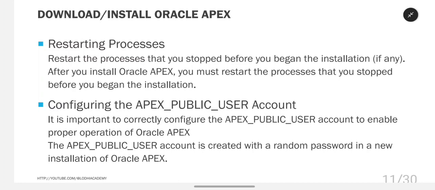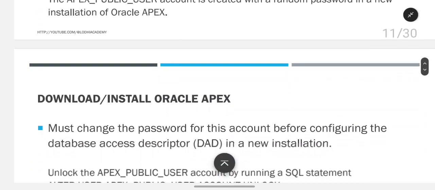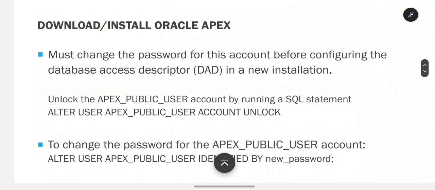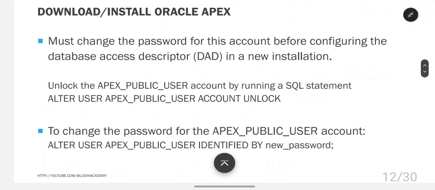them again. Configuring the apex_public_user account. It is important to correctly configure the apex_public_user account to enable proper operation of Oracle Apex. The apex_public_user account is created with a random password in a new installation of Oracle Apex. You must change the password for this account before configuring the database access descriptor, which is called DAD, in a